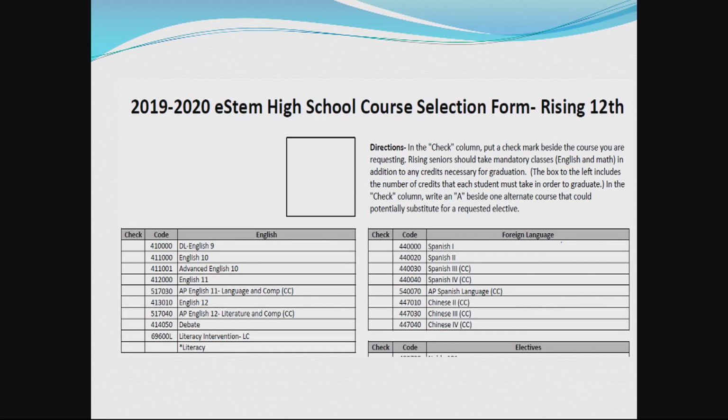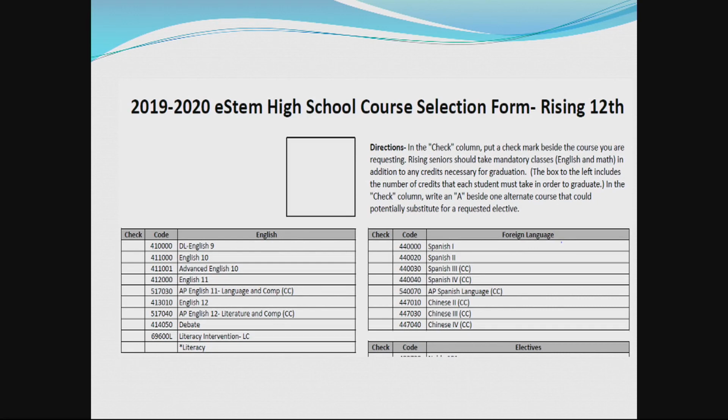English and foreign language are the first sections on the course selection sheet. Let's start with English. All students must have 4 credits of English to graduate. You'll notice that there are now 2 different levels to English 11 and English 12, and your advisor has already marked the recommended level for you. The first level is General English. The second level is the AP or Concurrent Credit English class that we currently have.